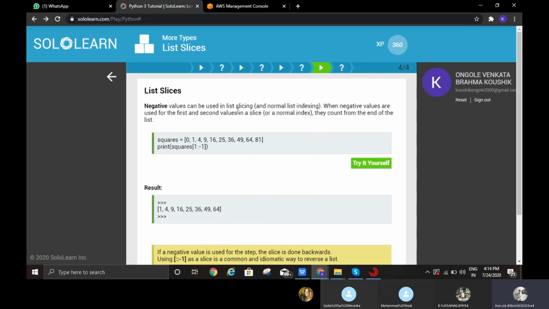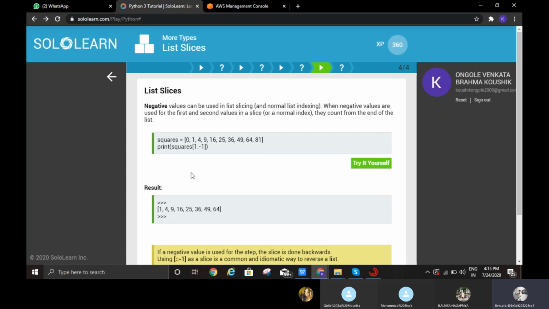Negative values can be used in list slicing. When negative values are used for the first and second values in a slice, they count from the end of the list. In this one, squares equal to 0 to 81, print squares 1 colon minus 1, means it deletes the last index value, means it prints from index value 1 to the last but one index value, 64.